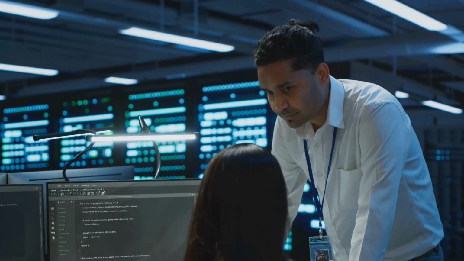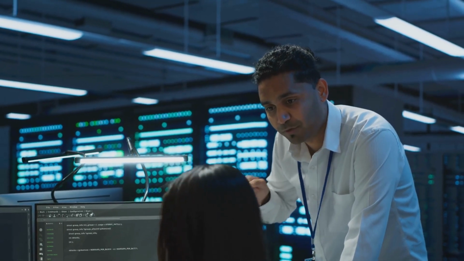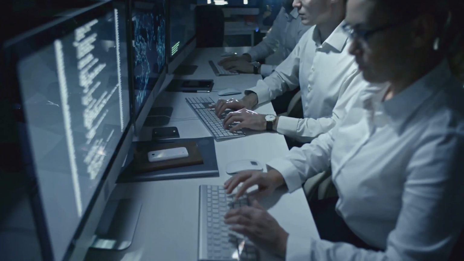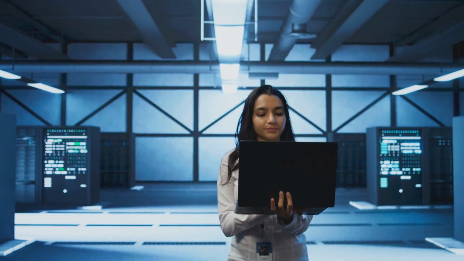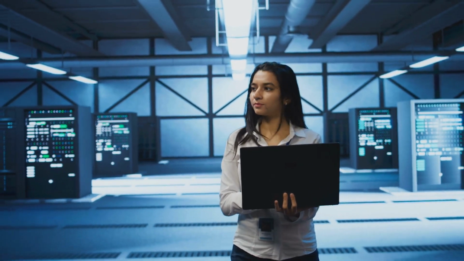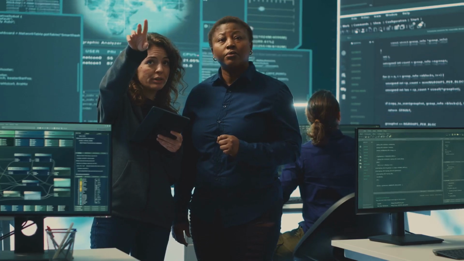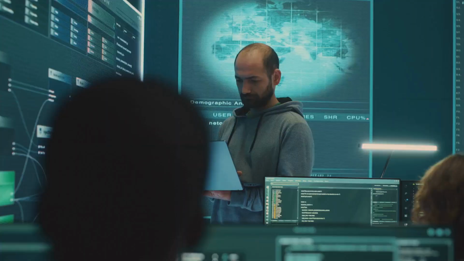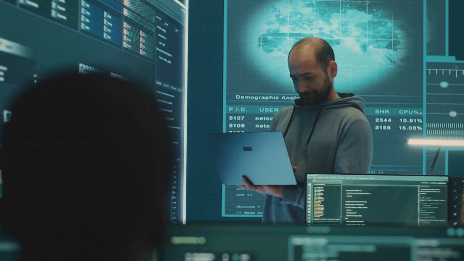First, I review the existing firewall rule sets to understand the current security posture and identify any potential gaps or overly permissive rules. I then work closely with the security and network teams to understand the business requirements and risk appetite. For example, at my previous organization, we used Palo Alto firewalls across our hybrid infrastructure. I would regularly review the rule sets, identify unused or redundant rules, and work with the application owners to optimize the policies. This helped us reduce the attack surface and ensure the firewall rules were aligned with the principle of